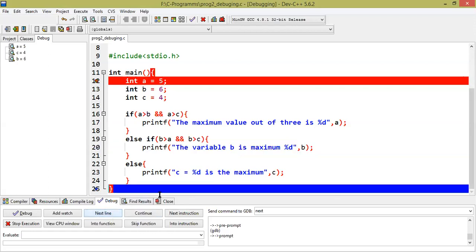Immediately when I click the next line, see the third else-if block is not executed here. It immediately jumps to the last line of the program. That means once one if statement gets executed, the others are not executed. We understand this, and we are also expecting the output to be 6 here. Now if we look at the output window.